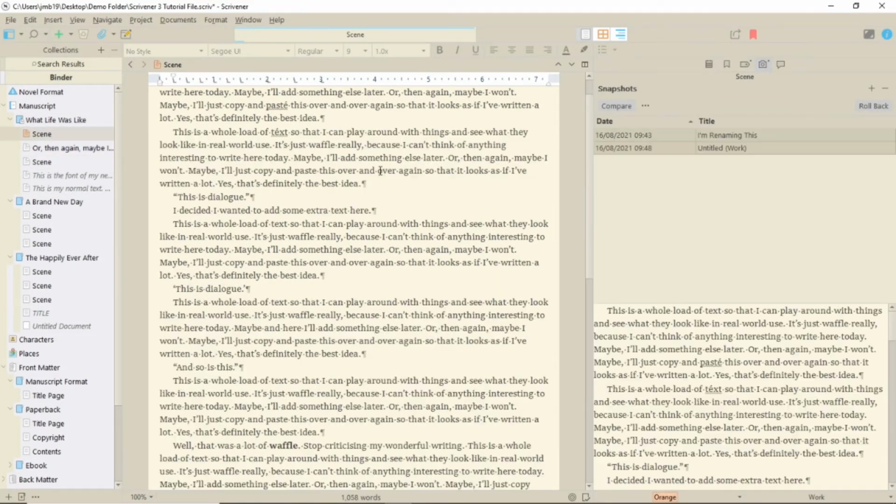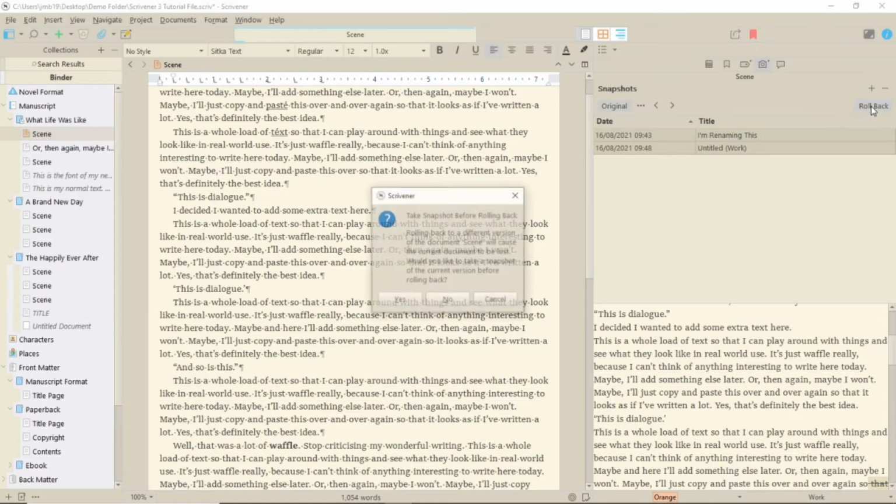If I change something in my text, I can compare a snapshot with the current version. Under the three dots, you'll see that you can change the granularity of the Compare option. First, click onto the snapshot, then click on Compare, and the changes are highlighted in the box below. You can also use the left and right arrows to go to the next change, or simply scroll up and down the snapshot.